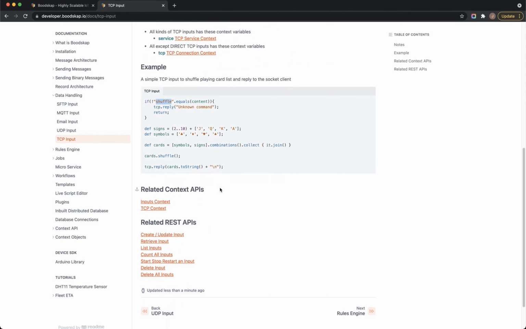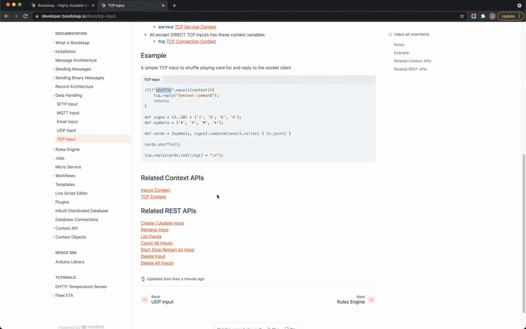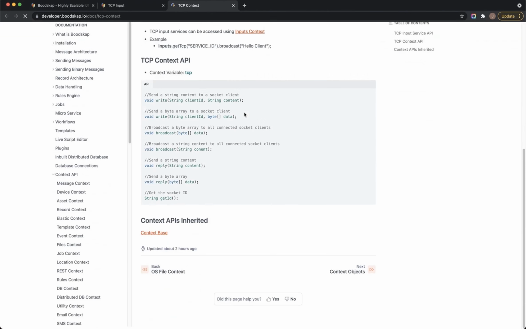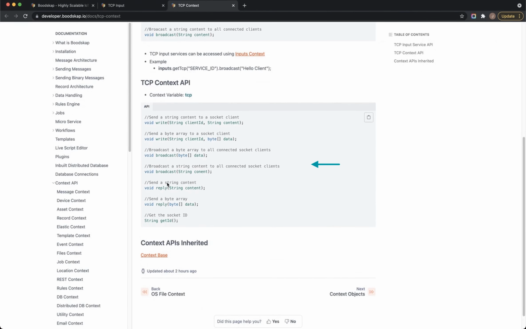Now, you can take a look into how to deal with the incoming sockets using the context APIs. Go to the TCP context API and these are all the methods you can use. If you want to reply back to a socket, you could simply say reply and pass a string content or a binary content.